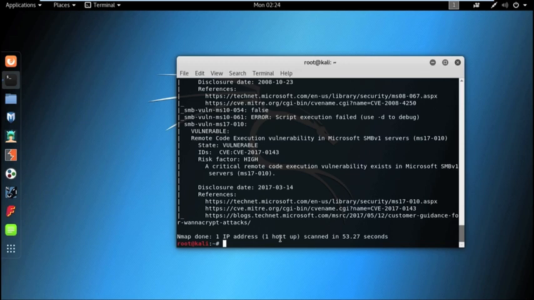Next, exploit. An exploit is a piece of code or a chunk of data or a sequence of commands that takes advantage of a vulnerability present in a computer system to cause unintended behavior to occur on the system, such as giving unauthorized access to a system or allowing privilege escalation, etc. Payload.